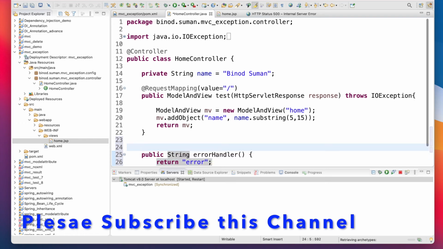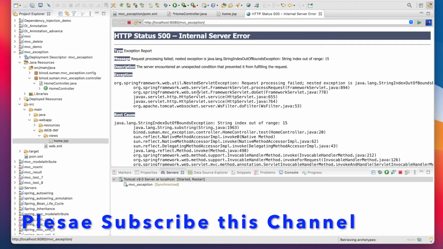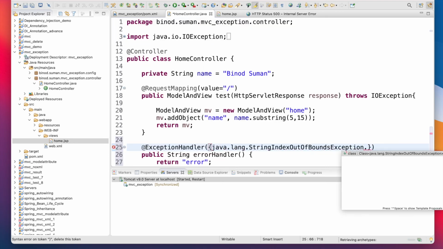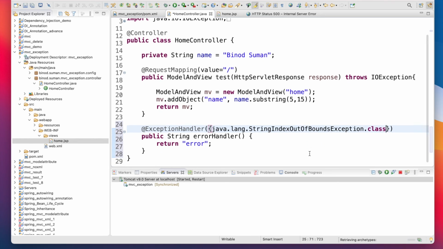And here you have to add one annotation, that is the magic here. And here whatever exception you want, you can put that. So here we receive this exception, right? So you go here and say this exception dot class, right?